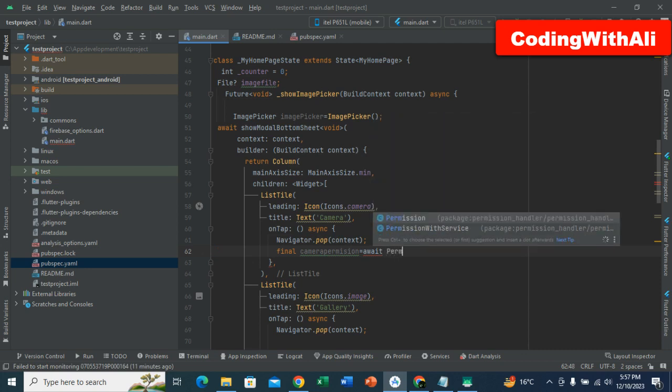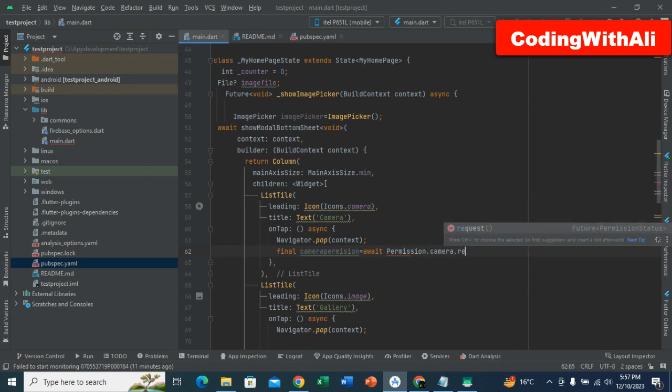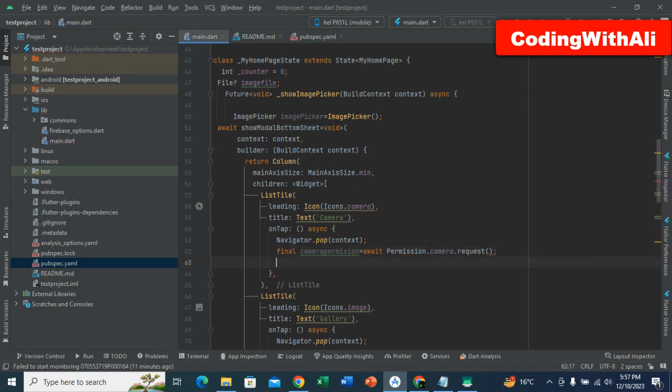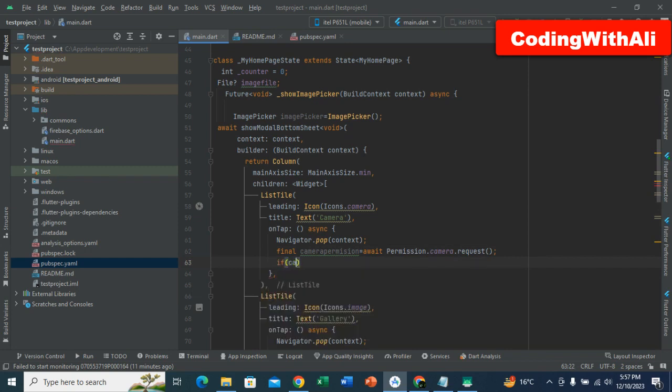Here I will add Permission.camera.request. It asks the user for permission, then if cameraPermission.isGranted, then